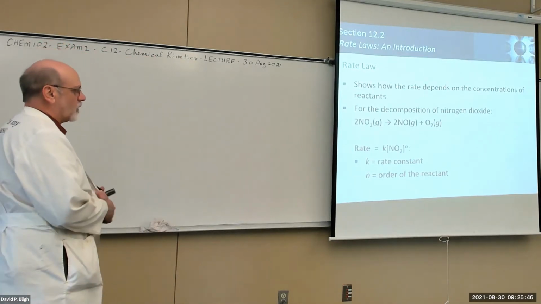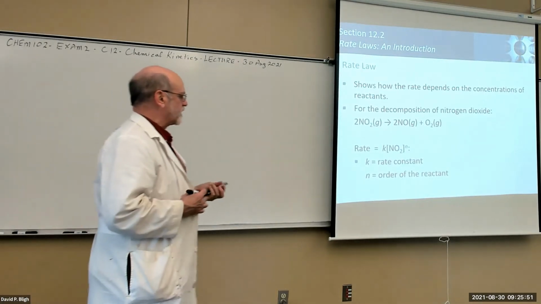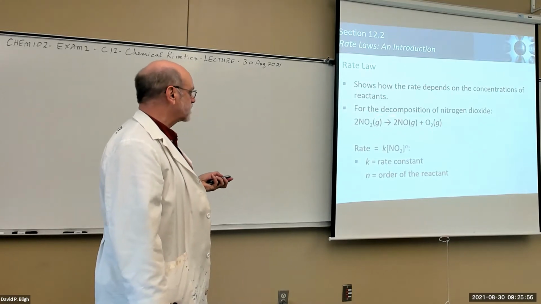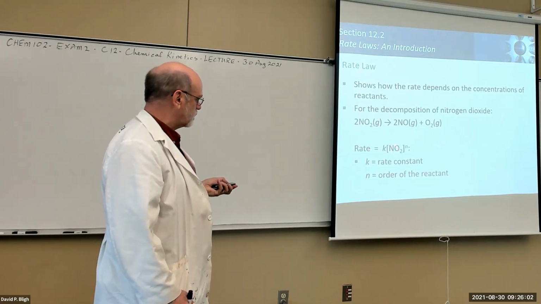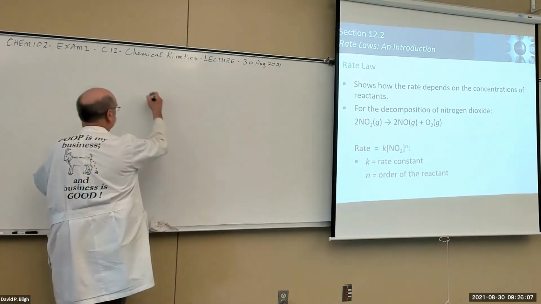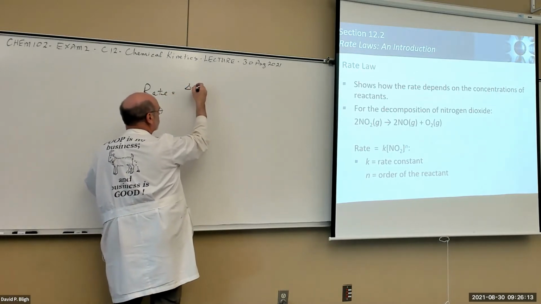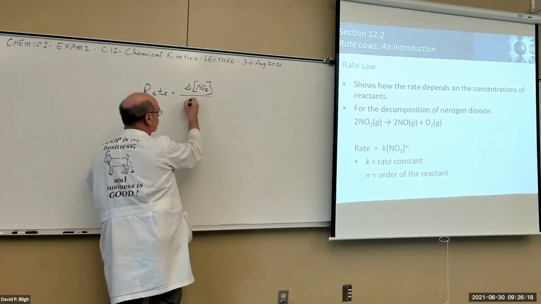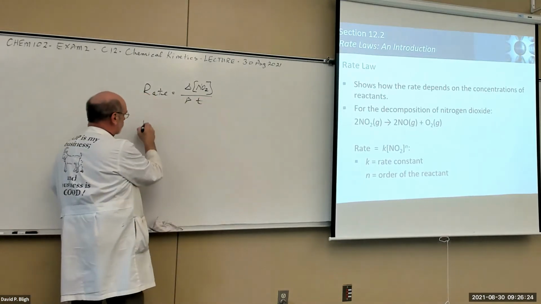All right, so when we've got this equation, we're going to express this particular equation rate in terms of disappearance of NO2. So we have the concentration of NO2, and the rate, let's put them both up here at the same time, right? Our initial rate, let's write it in terms of this one, over time. Change in time, change in concentration. But for any reaction,